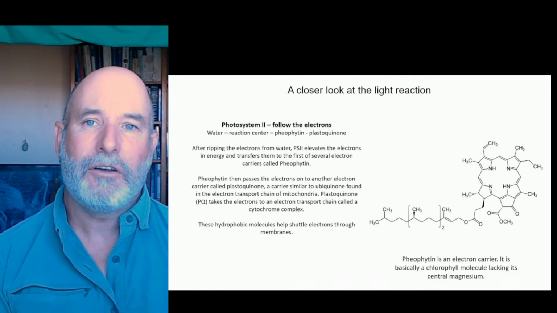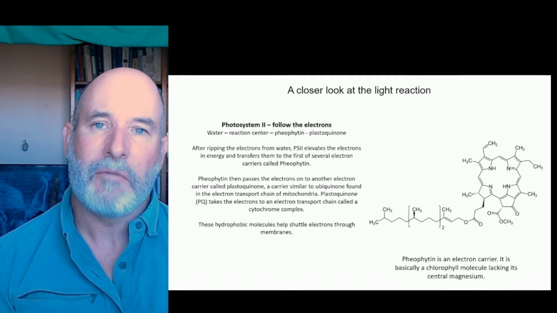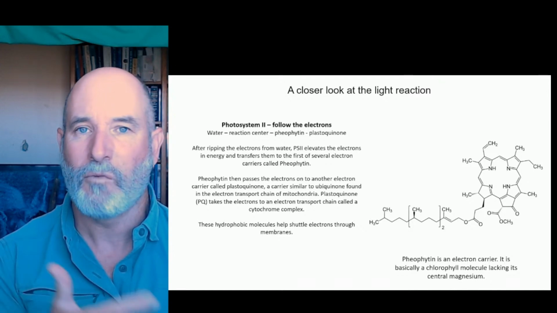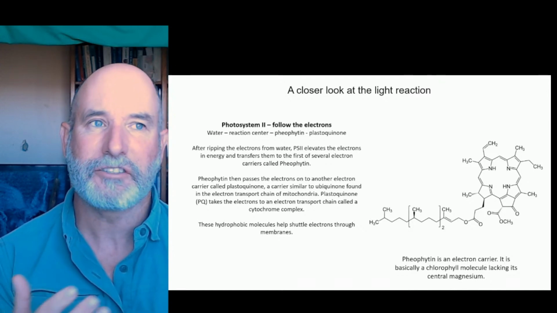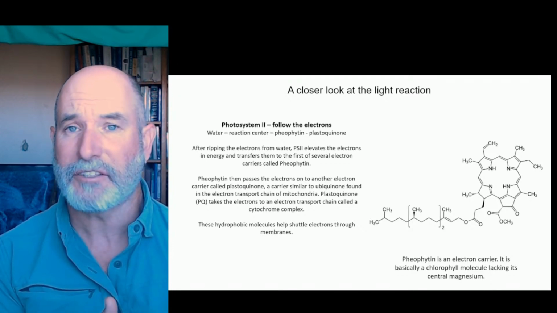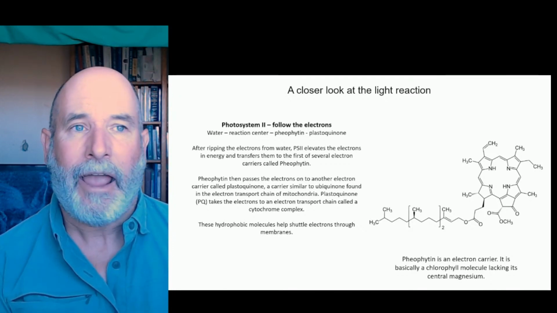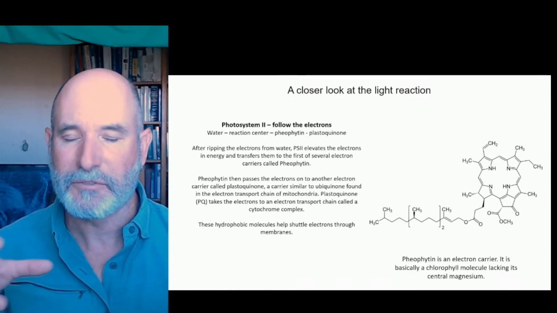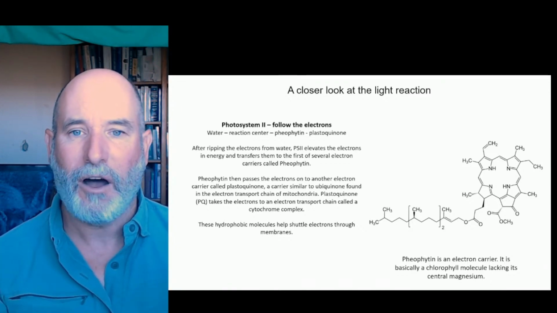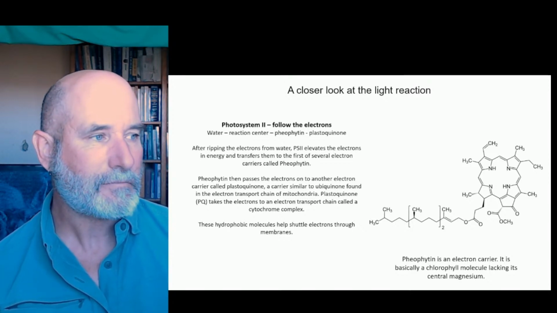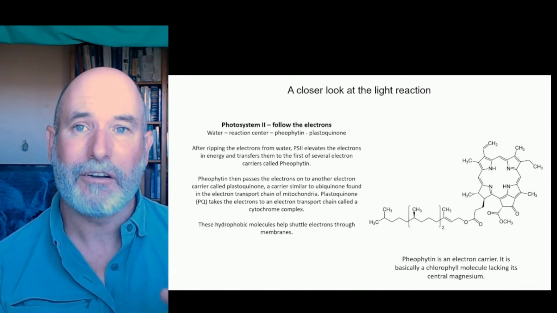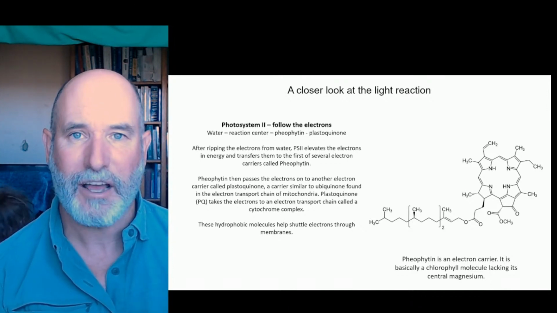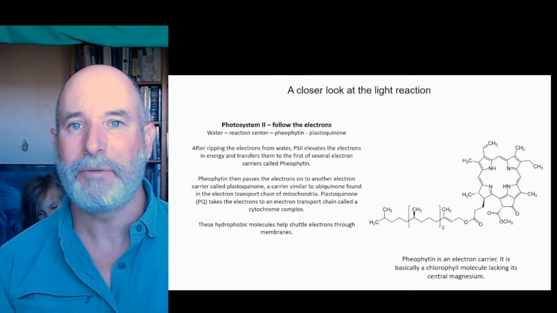So as we go through the light reaction, remember we've got these two photosystems, photosystem 2, photosystem 1. There's a cytochrome complex. There's an ATP synthase, which actually makes ATP through chemiosmosis. And what we want to do now is, I've already kind of talked about what's happening with the photosystems elevating the electrons, but we're going to follow these electrons from water through the photosystem, and we're going to see how they capture that light energy, make ATP, and reduce